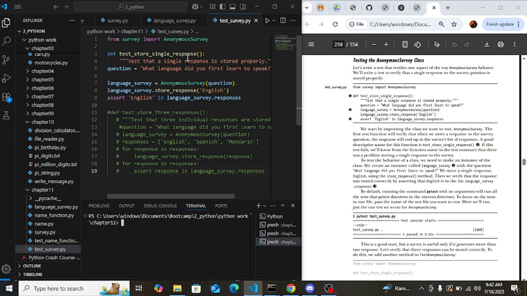Python test functions are often named starting with test so that testing tools like pytest can find and run them. And then we have question: what language did you first learn to speak? As in the previous one, it defines the survey question, creates an AnonymousSurvey object using that question, and